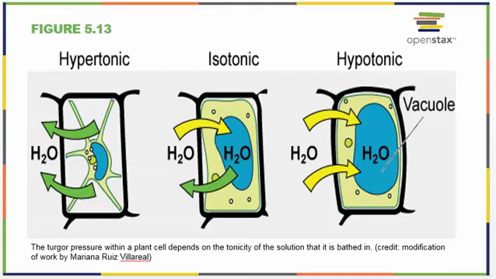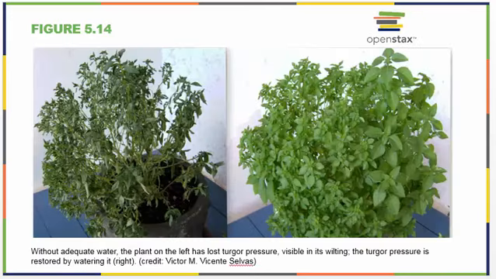As you can see, though, it's still obviously dangerous for the cells to be hypertonic. There's not much in those cells, so they can't do a whole lot to assist the plant in growing. In non-woody plants, that turgor support, having enough water in your cells, helps to support the plant. Conversely, if a plant is not watered, the